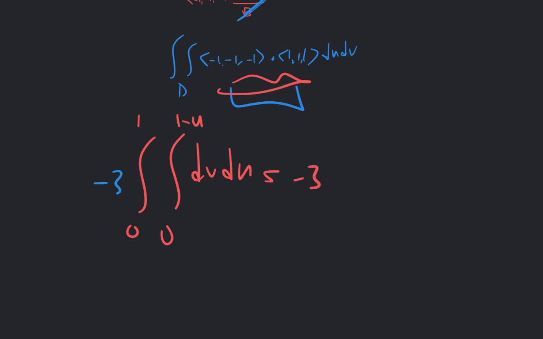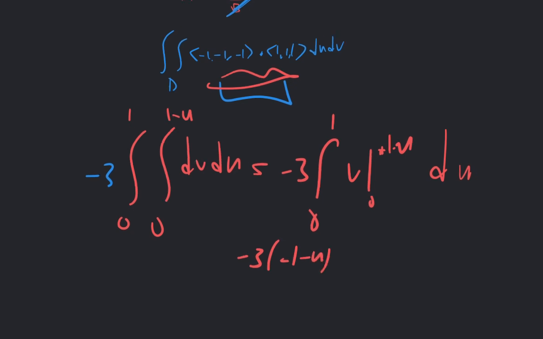So this is -3 times the integral from 0 to 1, and then we have v from 0 to 1 minus u du, and that is going to be -3 times 1 minus u, integral from 0 to 1 du,